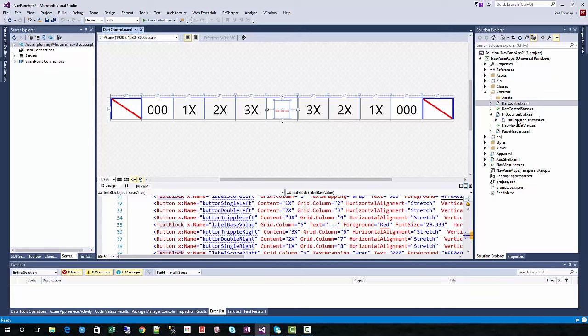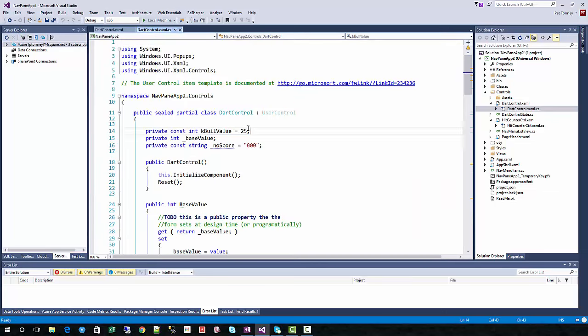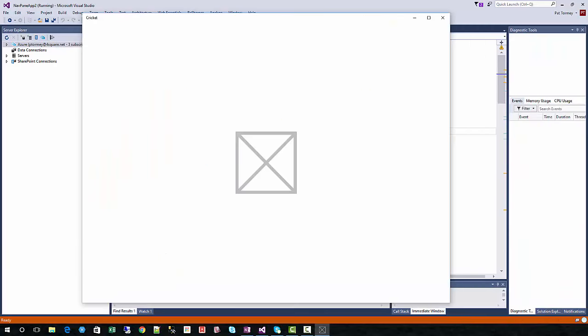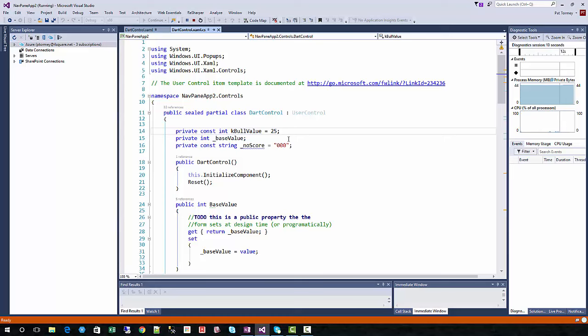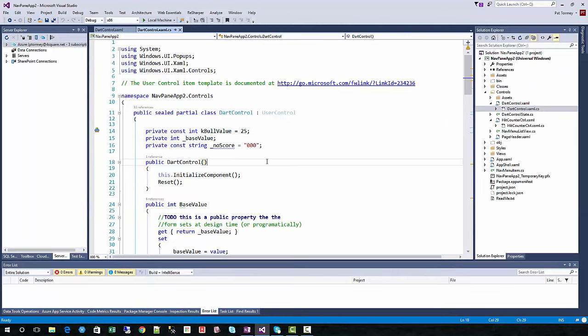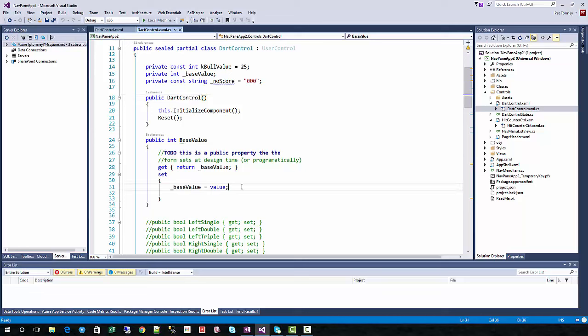So let's go look at the code on that. It gets a little more interesting, but it's still not very complicated. I have a bull value of 25, and the reason for that, if you remember the original program, the bull doesn't have a triple. Since the bull doesn't have a triple, you can have a 1 hit and a 2 hit, and that gives you all 3 to close it out, but there's no possibility of hitting a triple. I didn't want to write extra code just to handle that, so I decided I would just hardwire in the fact that bull value is 25, and then this is a public integer, when the base value is assigned,